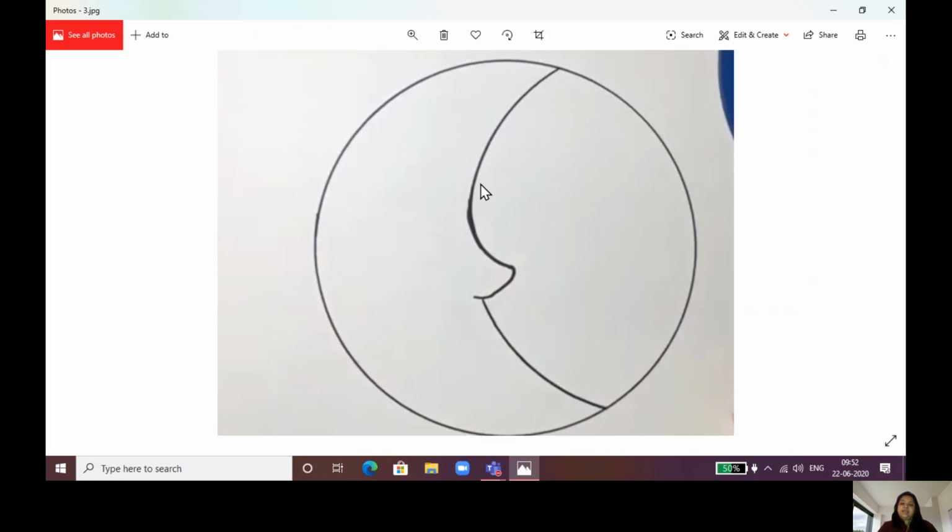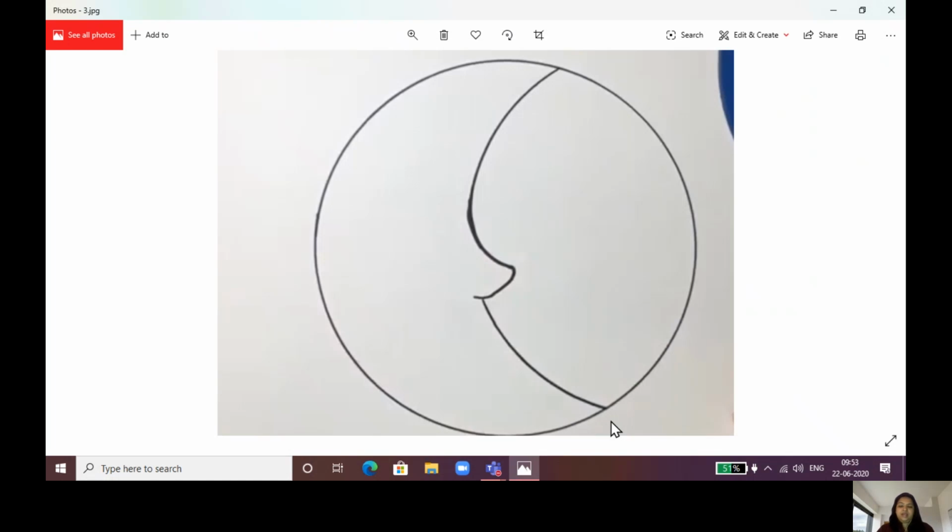Breaking this line in between, you can see a pointy triangular part over here, which looks like a nose, a side angle nose. So you have to make a curved line. While making this line, you can make a pointy nose and continue the line ahead, or else make a straight line, break the line in between, and make a curve.